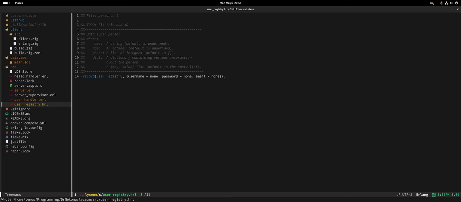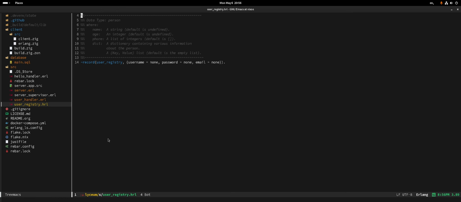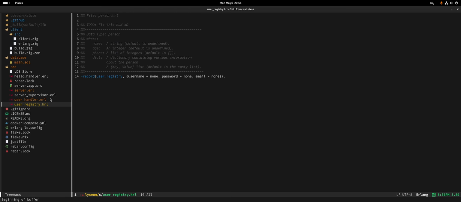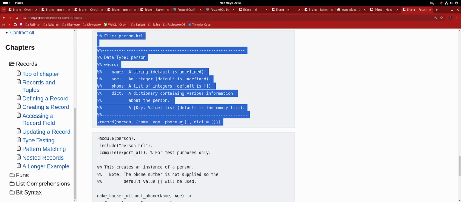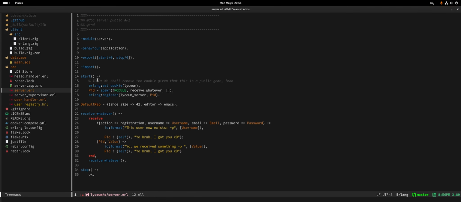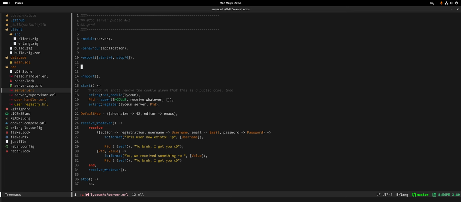Why exactly does the addition of comments preclude you from having more than one record in the same file? Because you're going to have a bunch, man. You're going to have to scroll a lot. And that's the reason. And the way that you do it is an include, it's not an import, which is kind of weird. So we're going to need to include that